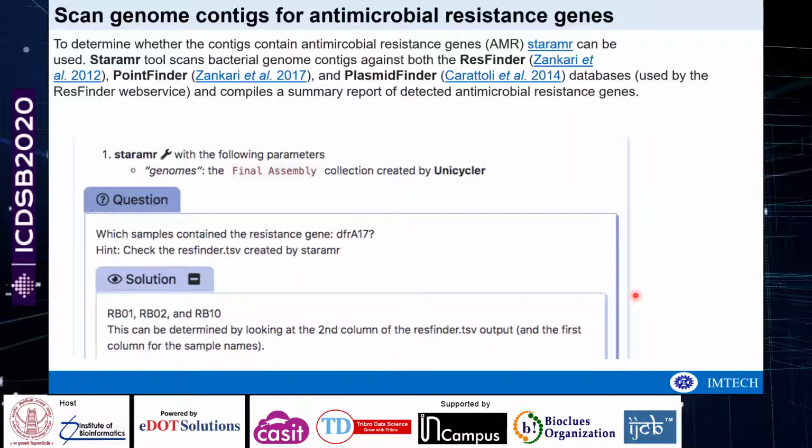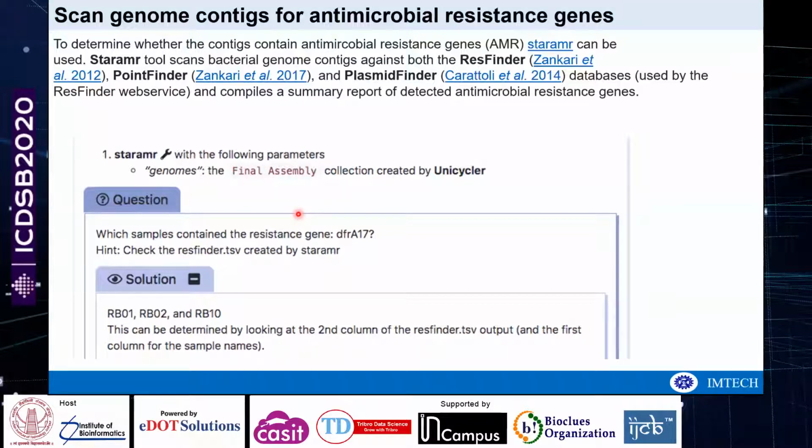The most famous are the ResFinder, PointFinder, PlasmidFinder, or the CARD database, which is a comprehensive database to identify antimicrobial resistance genes. For this I have used the StarAMR tool, and the input for this is the final assembly collection which we created using the Unicycler tool in our previous step.